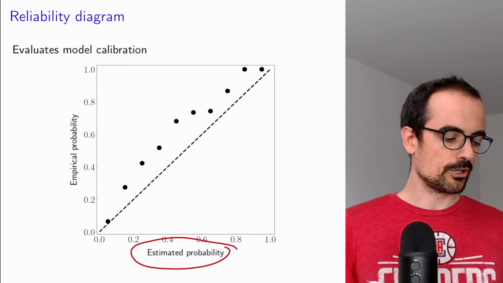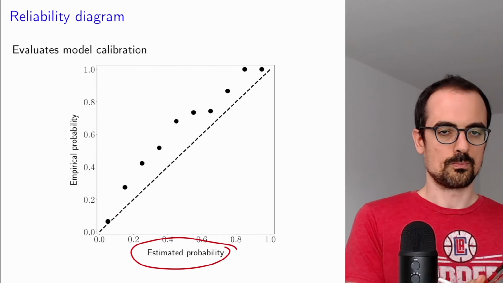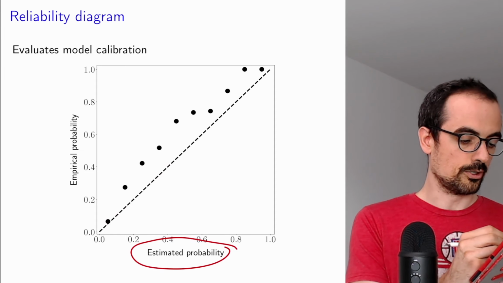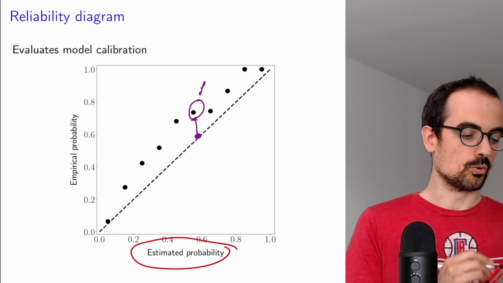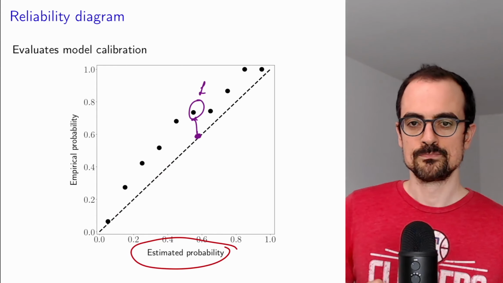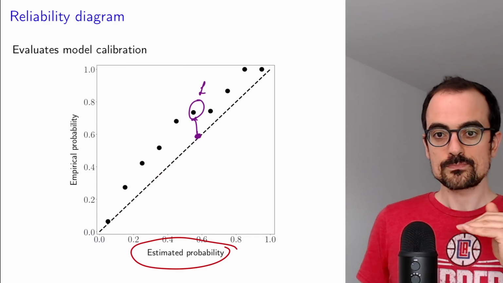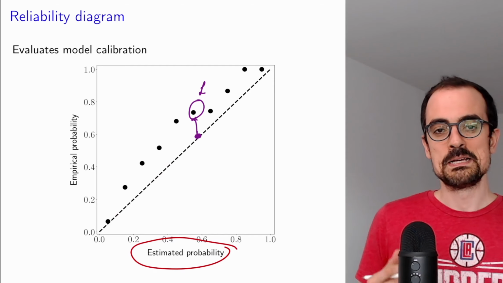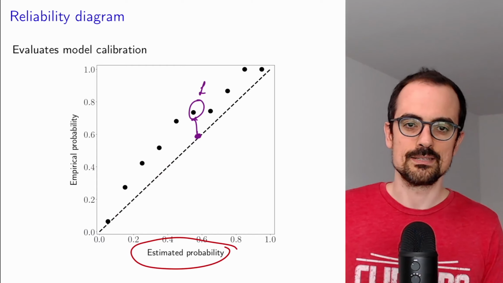We see that the empirical probability tends to be a bit higher than the estimated probability. So for our example with 55%, the actual empirical probability is closer to 70%. So the estimated probability is a little bit systematically lower than the empirical probability, but the probabilities are not that bad. This estimator is quite well